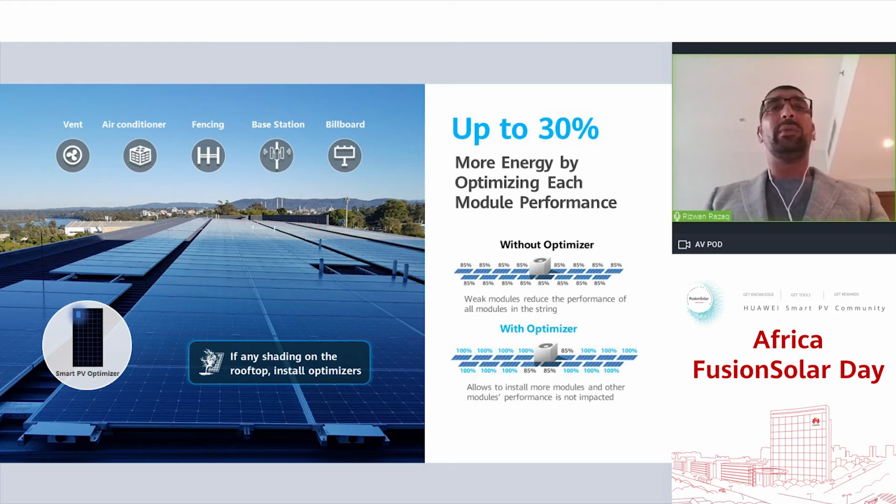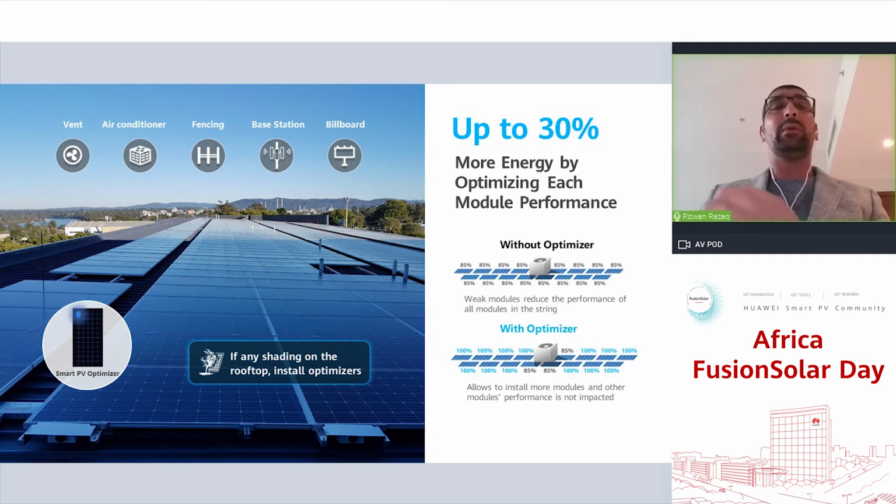Now, as we all understand, if a particular PV module is having an impact on its performance, it would impact the complete string. So with the optimizers being installed on the PV modules, they are able to have an isolation of that particular module in its production power, and the remaining PV modules are able to output their maximum capacity. So as an overall, you can further benefit from up to 30% more energy with the use of optimizers on